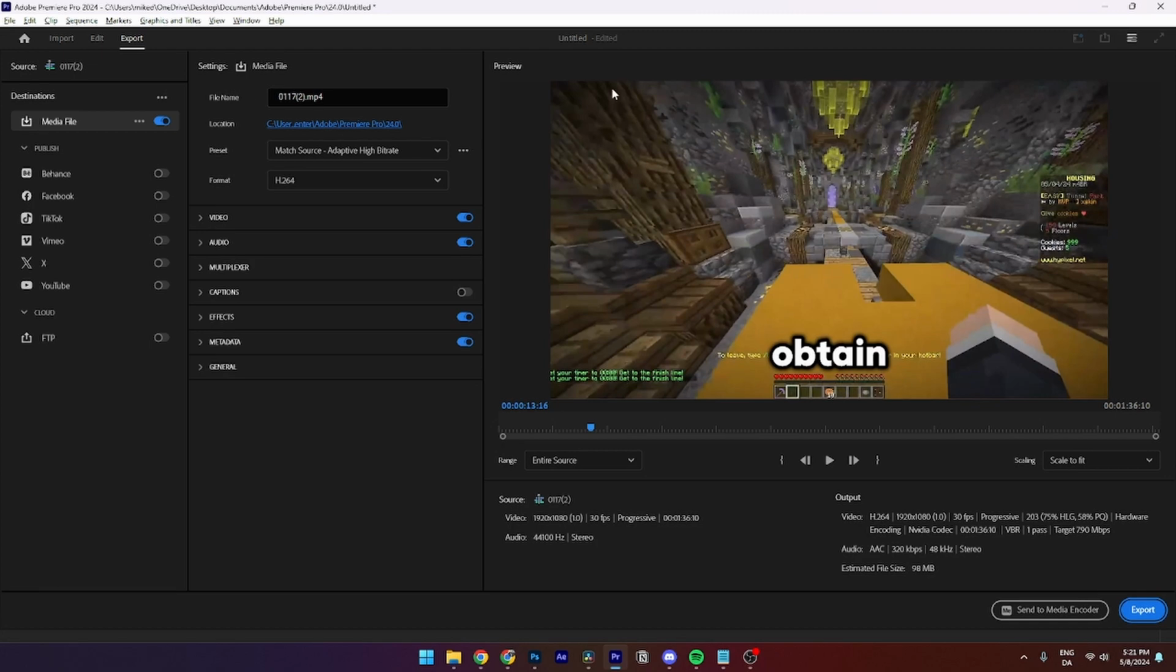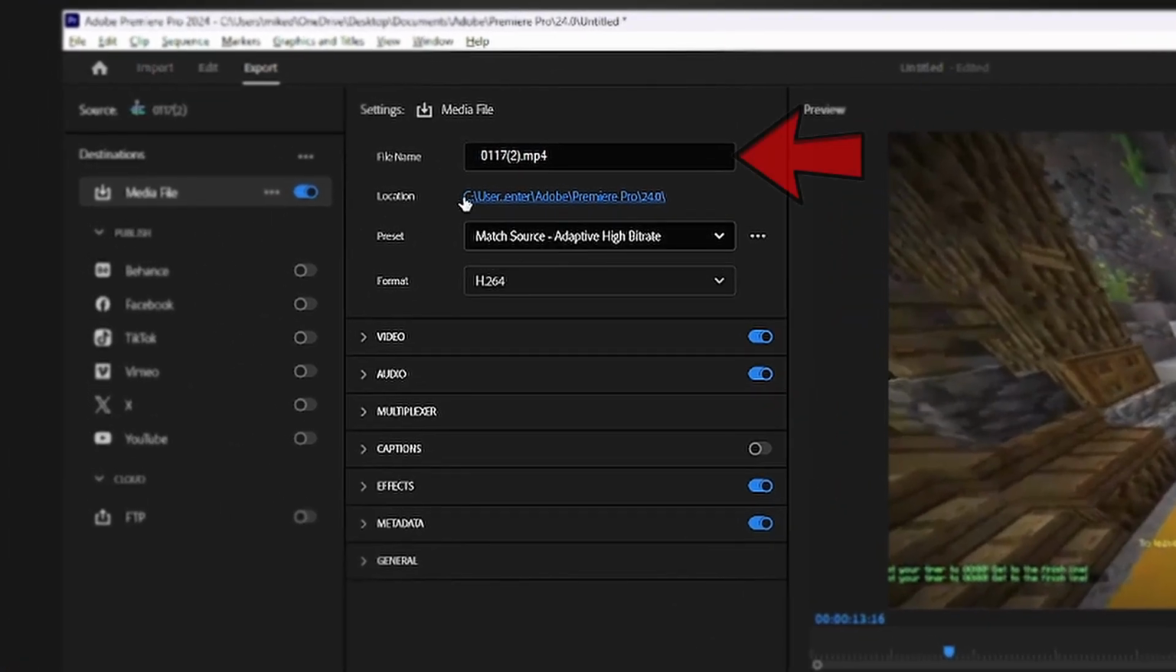Then from here, this page should be popping up. From here, you can change the file name. I'm just gonna choose test. Then down here to format, you need to be sure that you have H.264. And that's because that will save your file as an MP4, which is the normal format to use when exporting